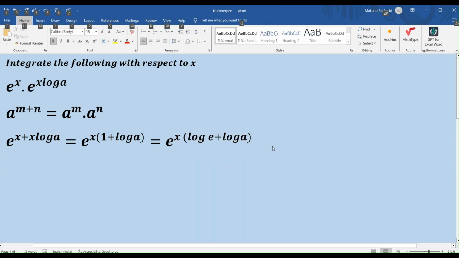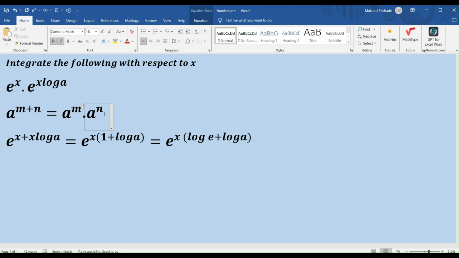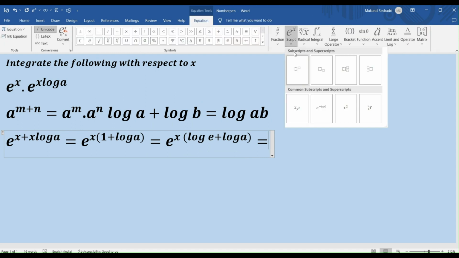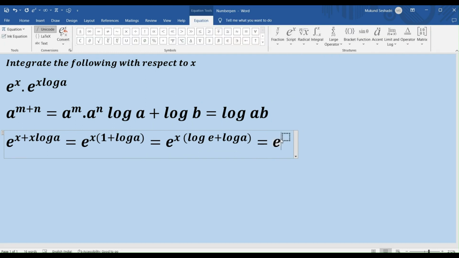And I'm going to use the product rule in logarithms. Let me write that down here for you. Log of a plus log of b equals log of ab, right? And I apply the same product rule, and what do I get? I get e to the power x times log of e,